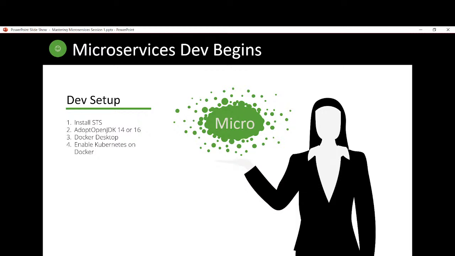The first one, install STS or Eclipse. So STS stands for Spring Tool Suite. Then you can download Adopt OpenJDK 14 or 16 because it is being supported by different companies such as AWS, IBM, Red Hat. So there are several companies that support Adopt OpenJDK because it is